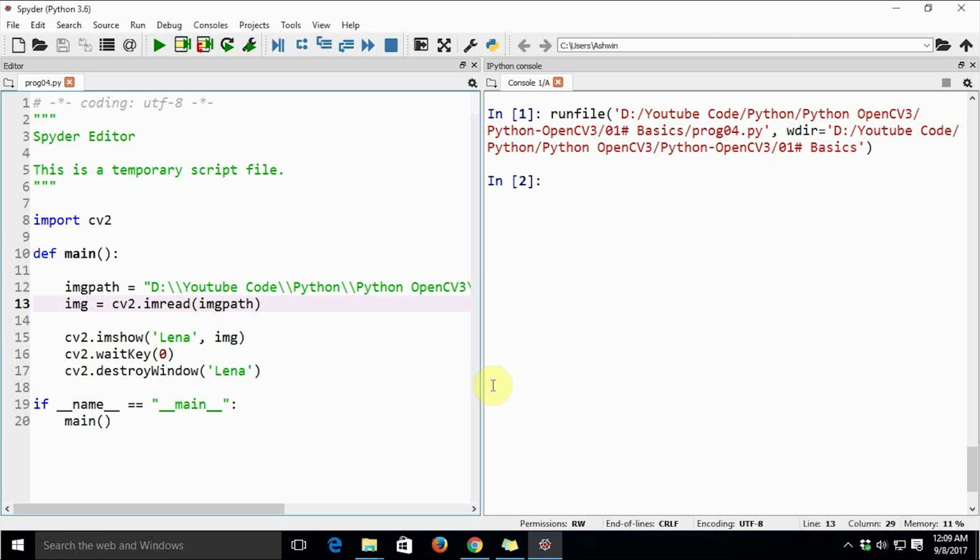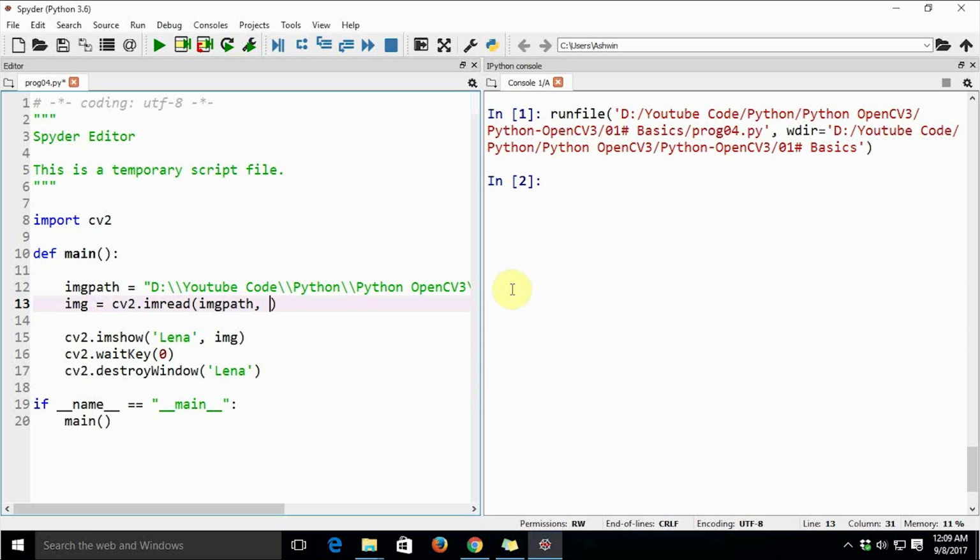In the last video we saw how to load an image and how to display that image on the computer screen using OpenCV. In this video tutorial we are going to see how to save an image, as well as various modes in which we can read an image. So let's get started with various modes of reading images first.